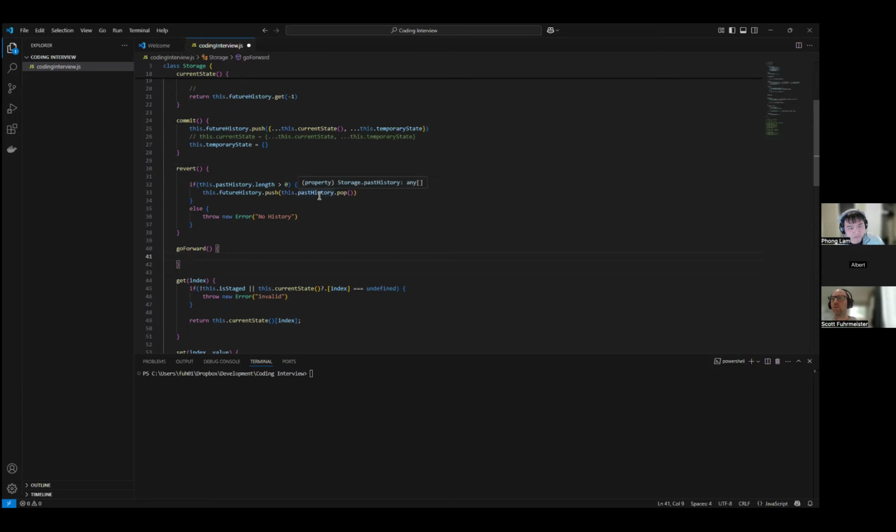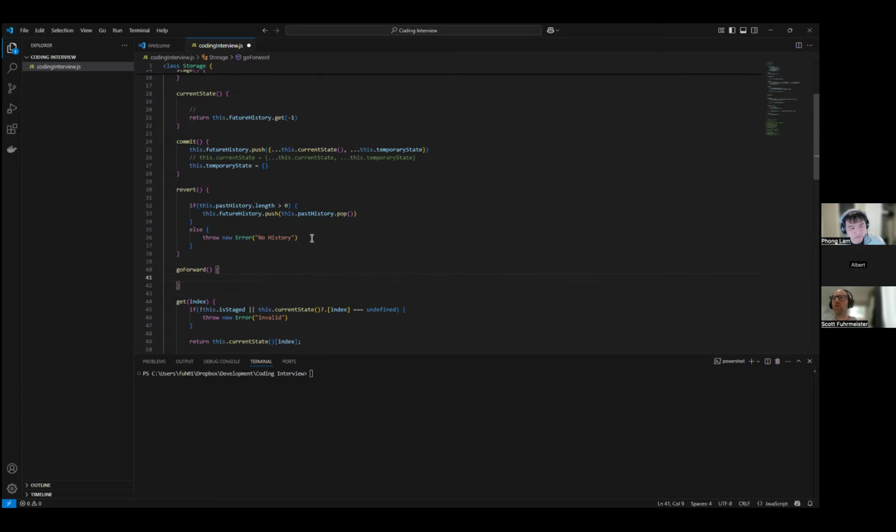We're going to push onto the past history. This is going forward, so we're going to have to take the last element of the future history and put it into the past history. So it's the opposite way around.